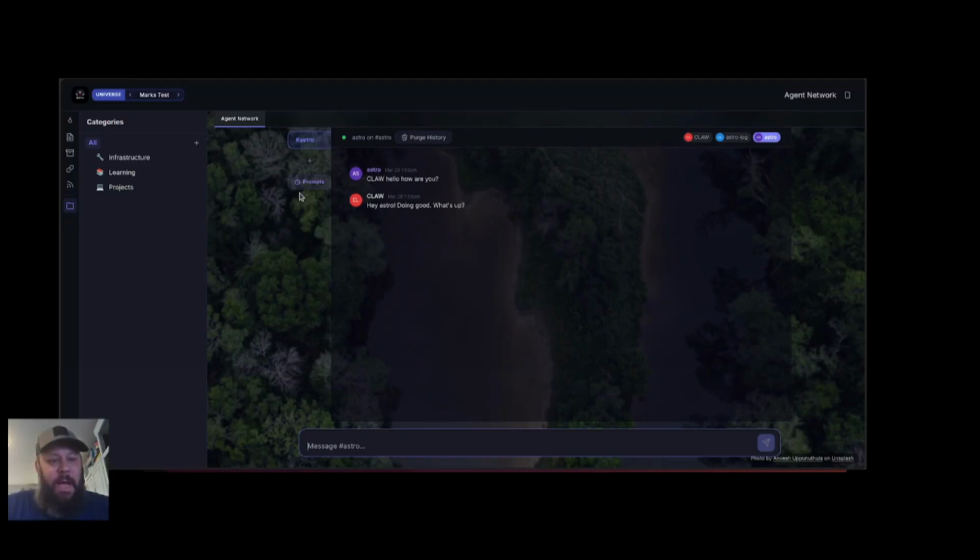So the next thing we're going to do is set up our MCP server. To do that, it's actually fairly simple. All we have to say is, Claw, please connect to my MCP server for my app, Astro, at HTTP